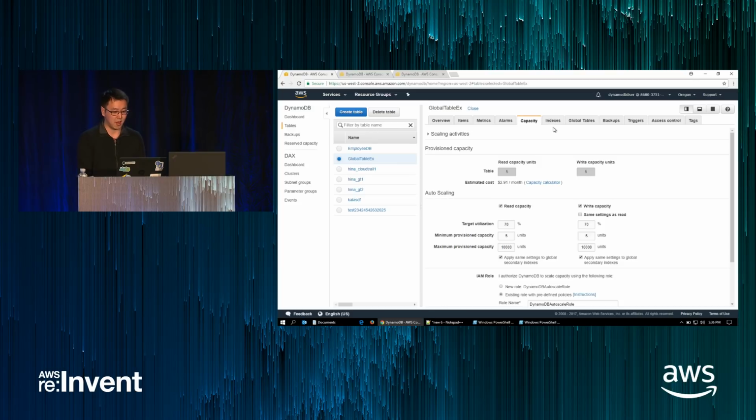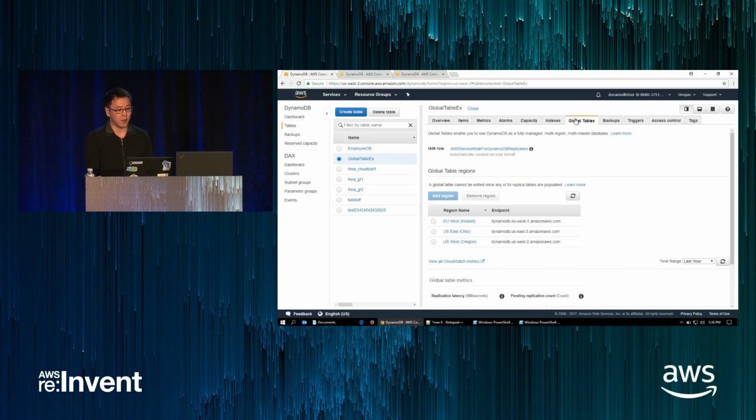It's got auto scaling on, and what's new is this global table tab. Here you can see that I've created a global table that spans several regions: Ireland, Ohio, as well as Oregon. That means that any writes to any one of those regions will be propagated within about a second to all of those other regions.